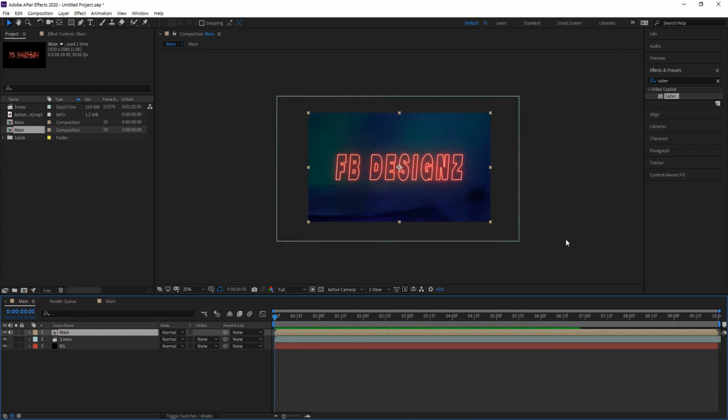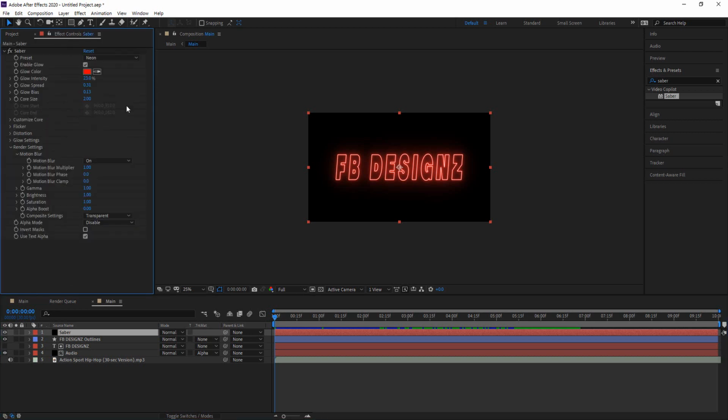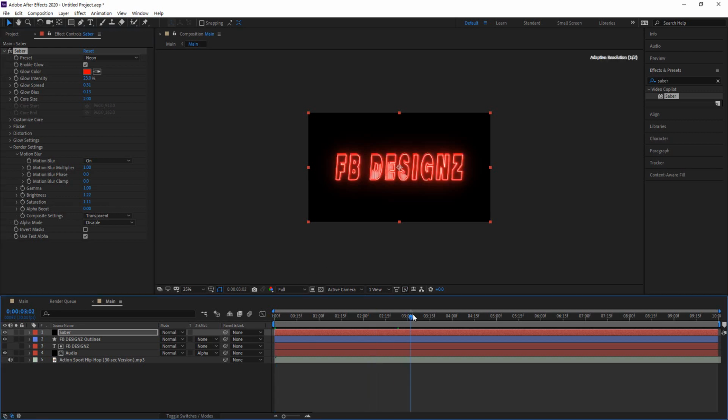Now the rest of it from here on out is all about how well you want to make this look. And there's 1,001 ways. Like I said, you can go back into Saber and make adjustments there. Like I turned up the brightness just a little bit, and you can boost it. But you've got to be careful because the more you do this, the less you're going to see the background for your audio